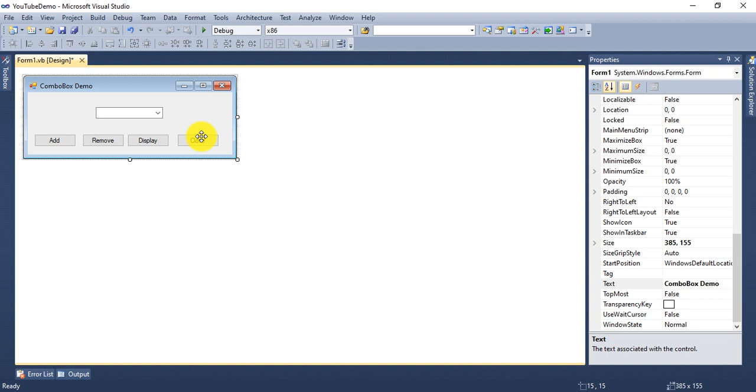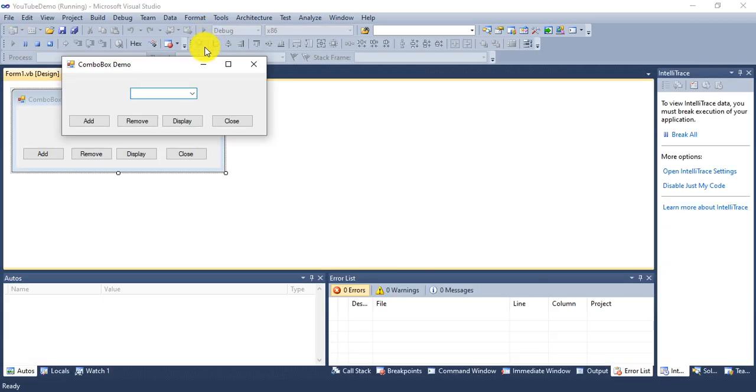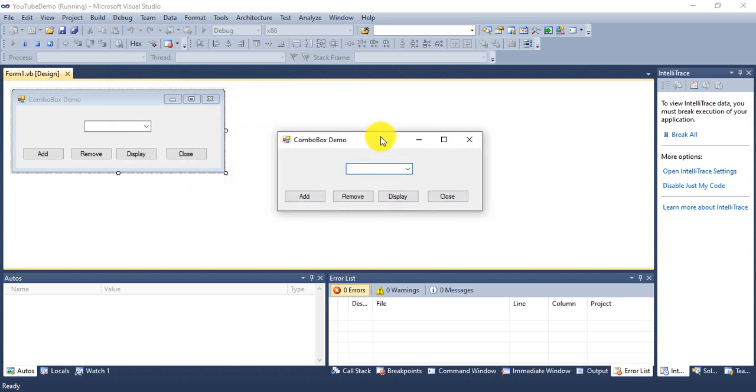Now we run this application and check what it will display. To run this application, click on this green triangle shape. Okay, so now our form is loaded. You can see here the combo box control, its cursor is blinking and a down arrow is appearing.